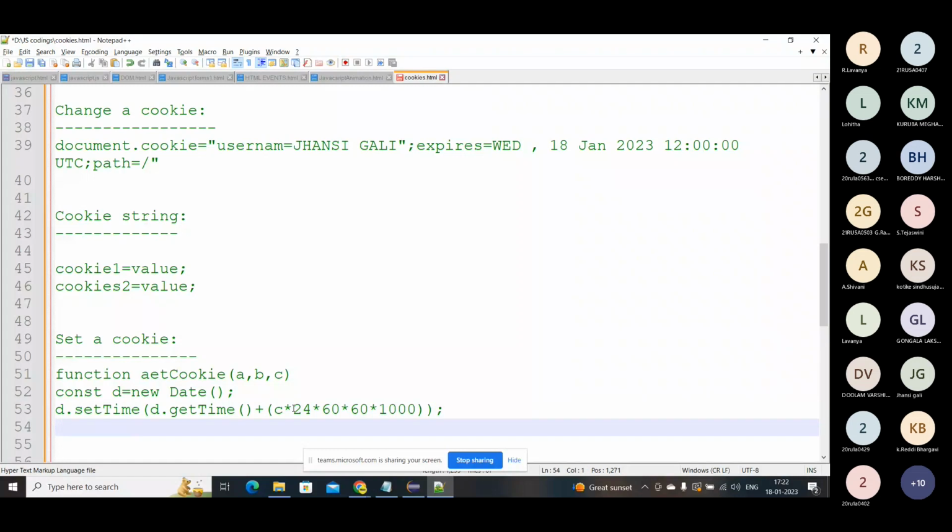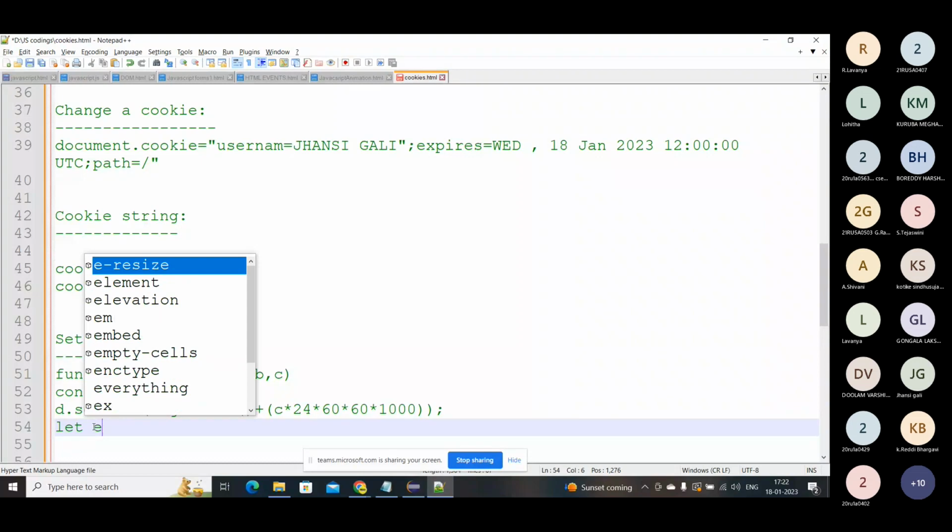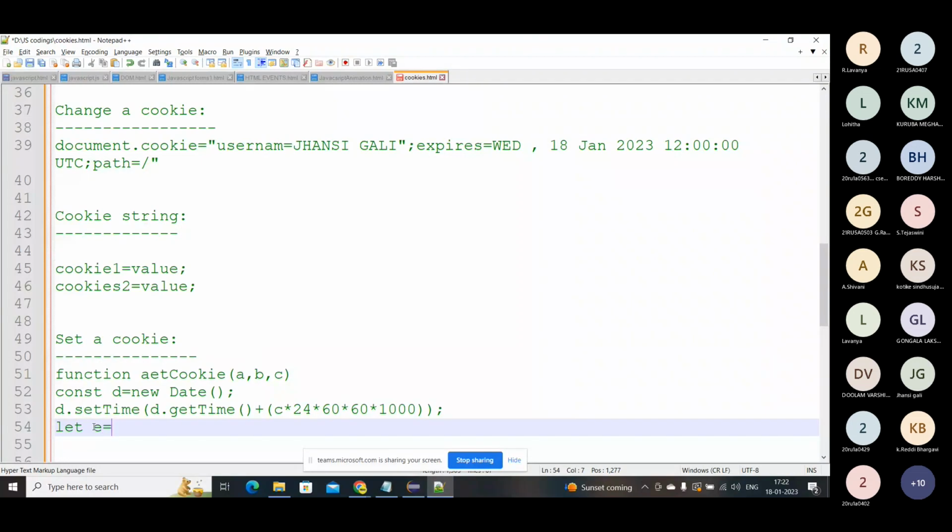And then I'm going to check the expiry time. For that I need a predefined method. I'll assign the value to e, for expires.